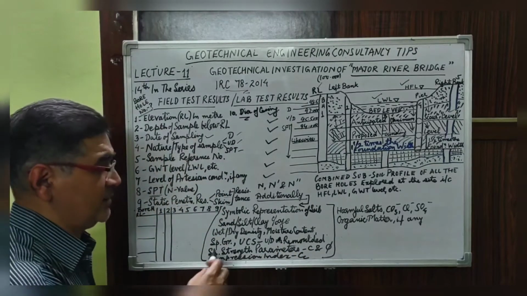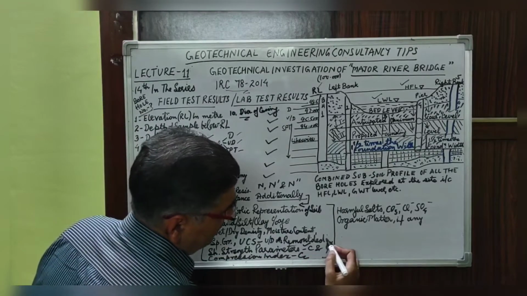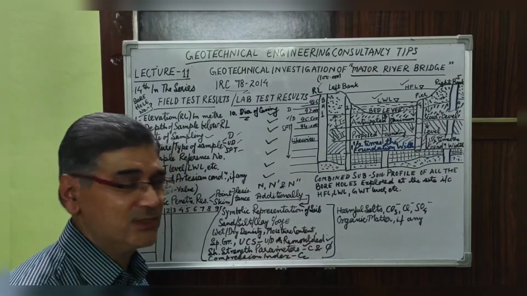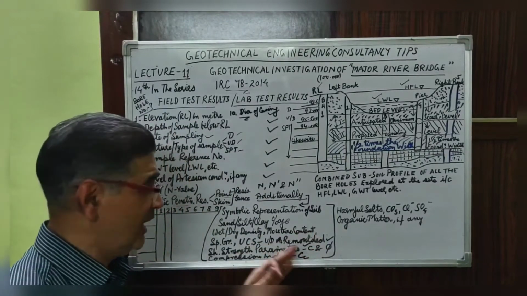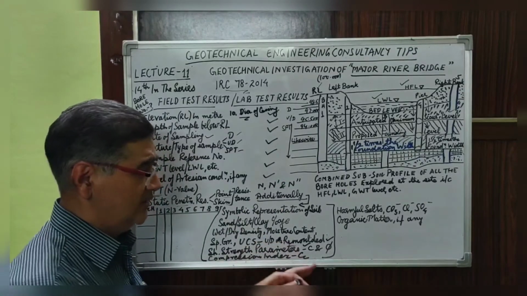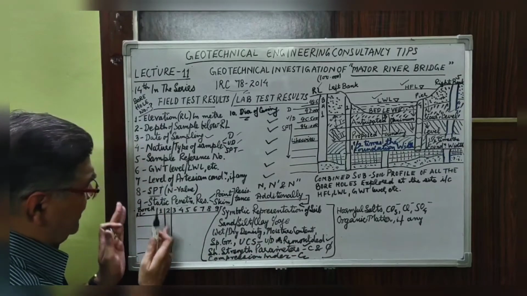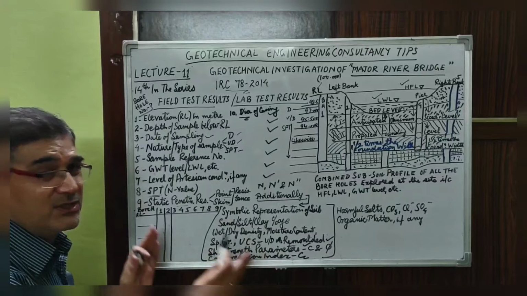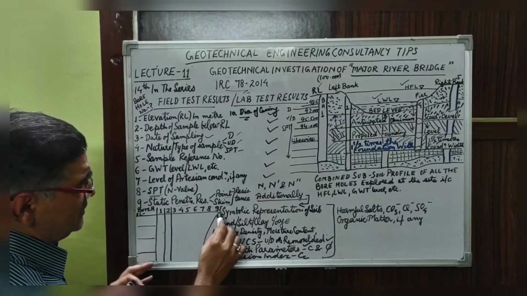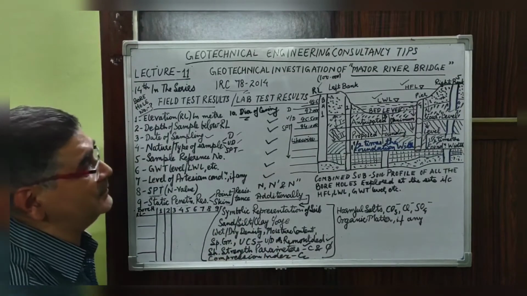Other than this, shear strength parameters like cohesion and angle of internal friction, which may be from direct shear test or triaxial shear test, are to be reported in the result sheets along with compression index for clay soil, Cc value, and all this also has to be depicted in the very format which I have discussed just below. Likewise, in the field test results and similarly the lab test results, the number of items will be increased and it will be representable like this.